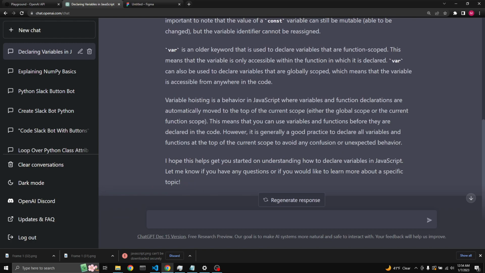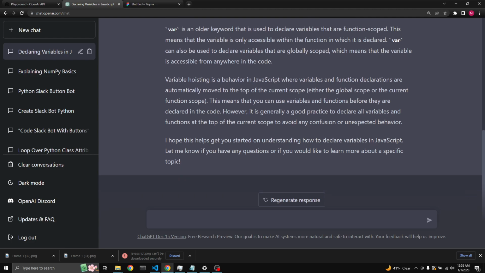Var is an older keyword that is used to declare variables that are function scoped. This means that the variable is only accessible within the function in which it is declared. Okay, you can read the rest of it. I actually know JavaScript a little bit. Let's just go to code examples. Give me code examples